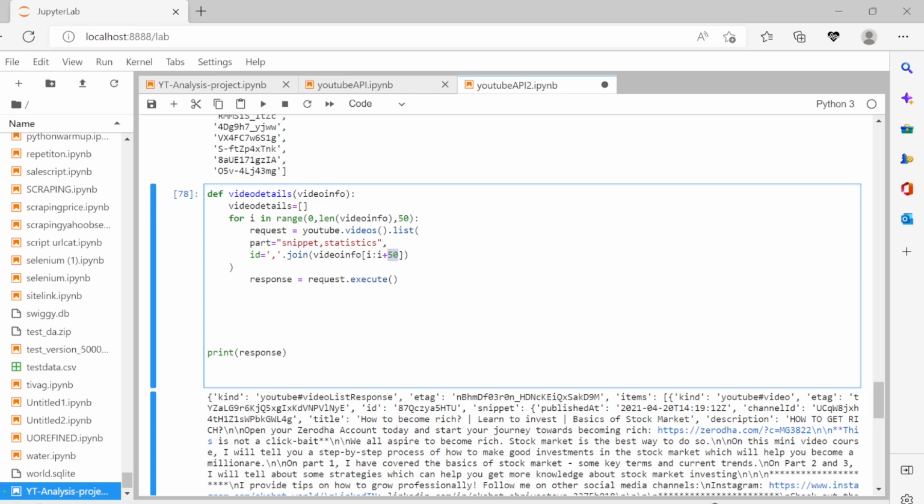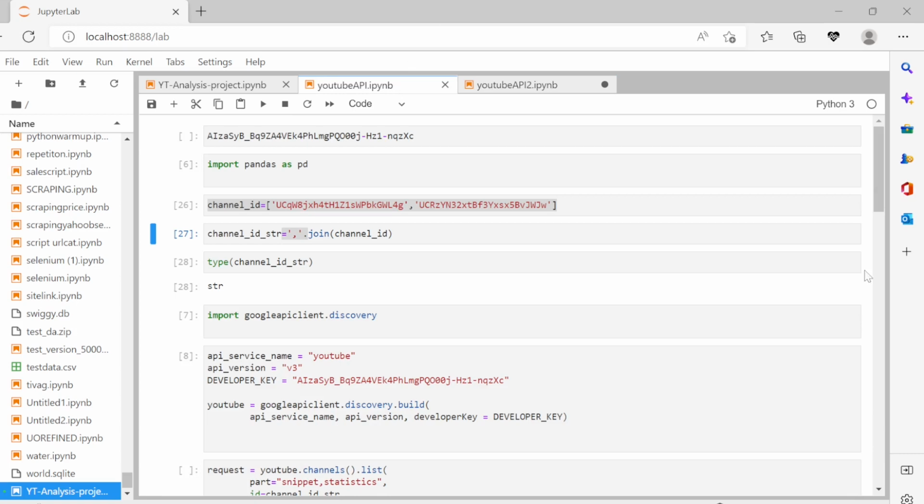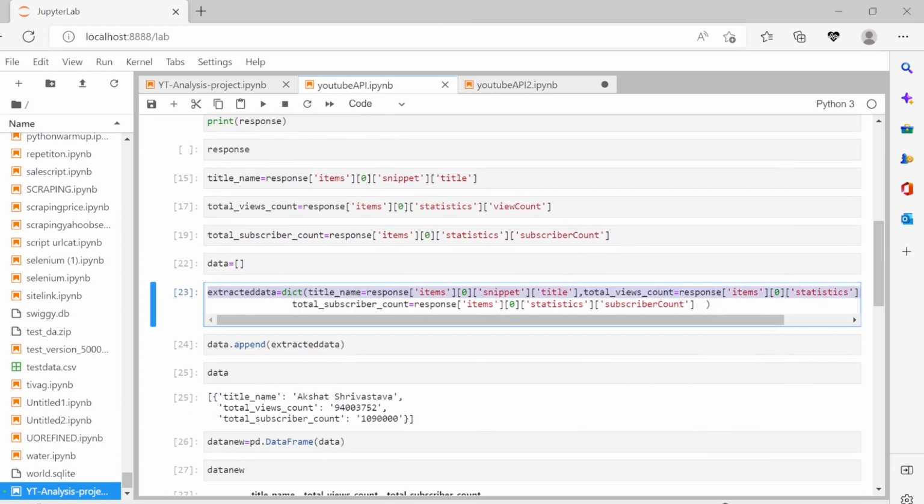Okay, so by making this dynamic, whenever the value of i changes, the video info that needs to be extracted, the list of video IDs, will also change dynamically, and this will all get stored in this response object. Okay, now the final step is similar to what we did here. Remember this part, like the dictionary part. So essentially what we could do is